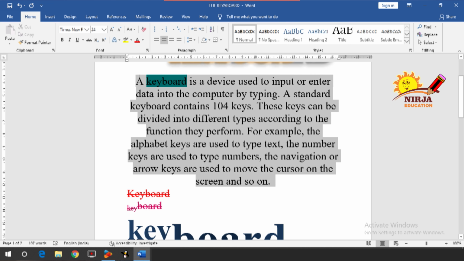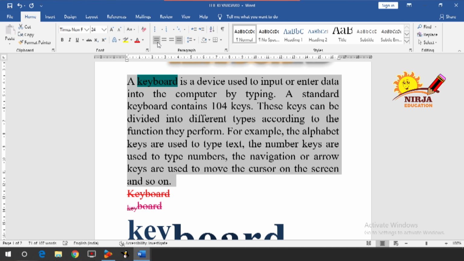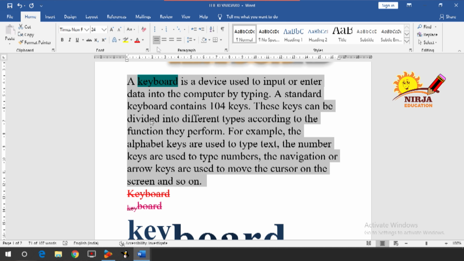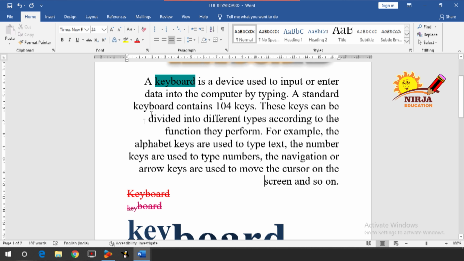Then select it again. If you go for the left alignment, which aligns your content with left margin, so click on that. So this is your left alignment. Next, right alignment. So click on right alignment, which aligns content with the right margin. So as you can see here, space is there, right?